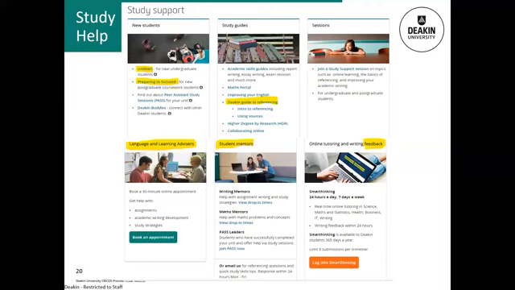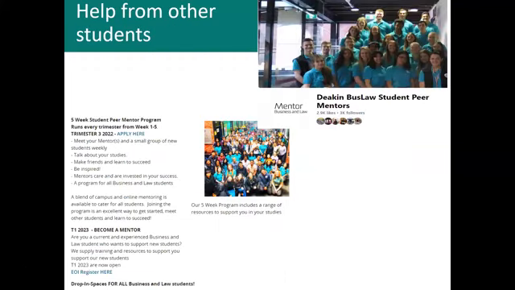There's also the Deakin Guide to Referencing, which we'll be referring to. Bookmark that page. There's also student mentors, writing mentors, maths mentors, and so on. There are past leaders, but we don't have one in our unit. There's online tutoring and writing feedback. We talked about Smart Thinking and Turnitin as well. So there's a lot of resources, and in these early weeks, it's a really good idea to become familiar with them. I mentioned help from other students, and you might participate yourself in the Student Peer Mentor Program.